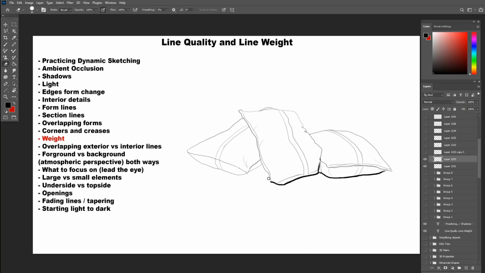Now you may say that it's like the cast shadow we made with the ambient occlusion. Yes, but they also extend, as you can see, upward toward the areas that are not on the ground. This is the connection between the ambient occlusion, the shadow edges, and the overlapping factors altogether. All of them create the illusion of weight of an object. And as you can see, it starts very thick on the bottom and where the pillow's edges touch the ground, and then it tapers off toward the lighter edges on the top.